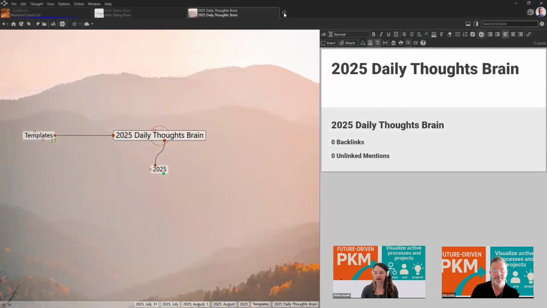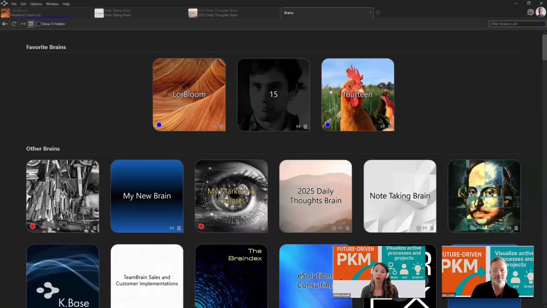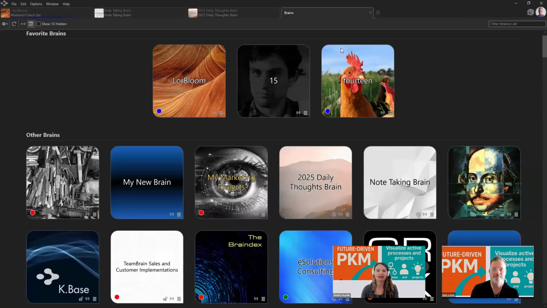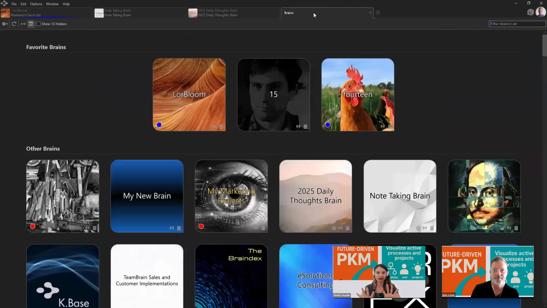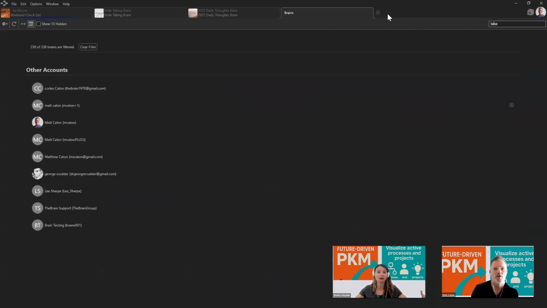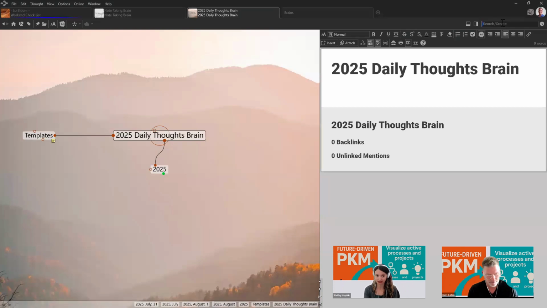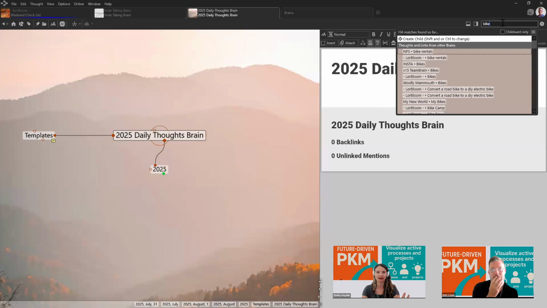And then there was a little bit of talk about how we can link from one brain to another, and there's many ways. First of all, your search feature will search across all your brains. So that's fantastic, and you don't necessarily need to link them if you want them separate for collaboration purposes. That being said, you can copy and paste thoughts from one brain to the other, and you can also create actual brain links. So I'll let you spend maybe a couple minutes on brain management, and then we'll jump to a few more questions.